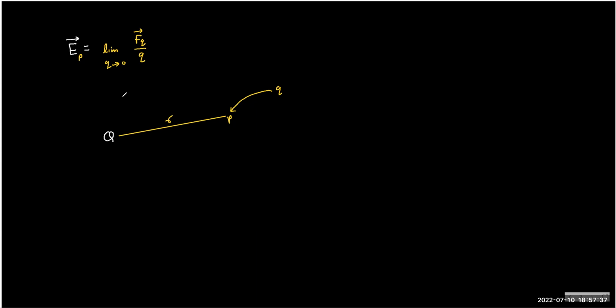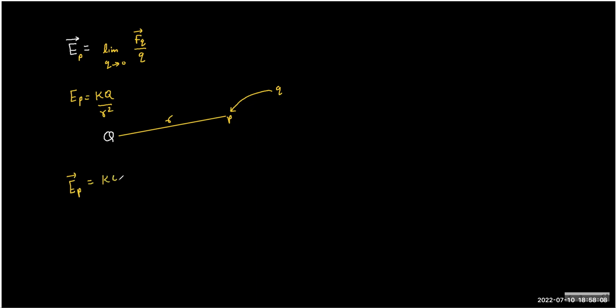So this is the mathematical definition which is meant for the practical measurement. If you're doing some experiment and your job is to find the field of the capital Q, then the test charge should be small enough not to disturb the field of the capital Q. So this is how we define. And what you can see clearly, this turns out to be how much? So E at P we have got the answer KQ by r square. So how to write in vector form?